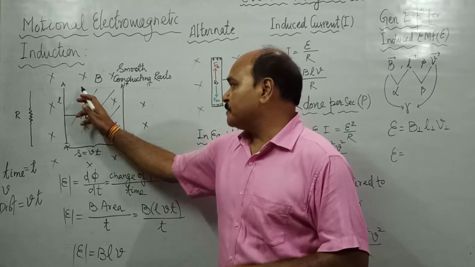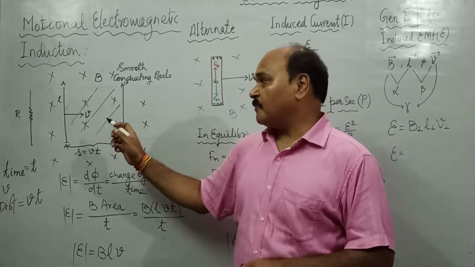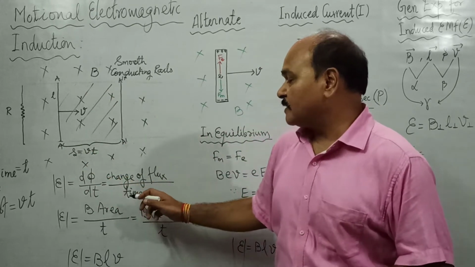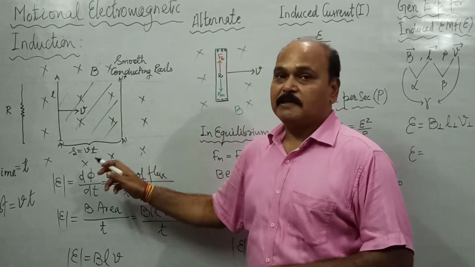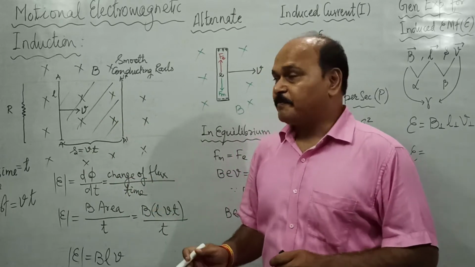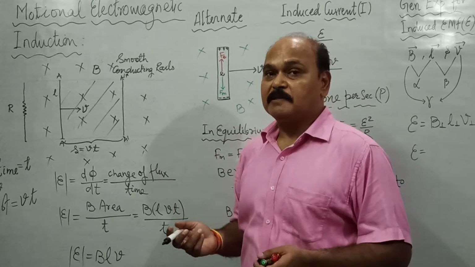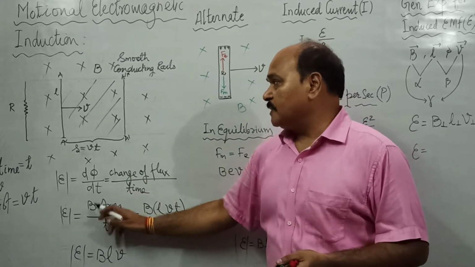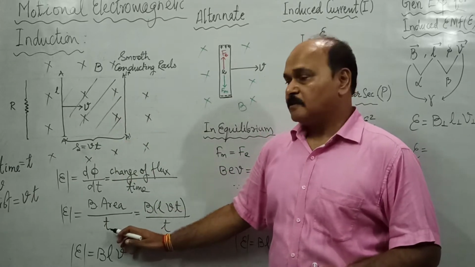Well, the area it sweeps is this much. So the flux in this shaded area is the change of flux passing through this conductor. What is the flux in this shaded area? It is going to be B, the magnetic field, into the value of this shaded area, BA. This is a transverse magnetic field. Therefore, the flux passing through this area would be maximum, BA cos 0. That is, the value of flux is BA, theta is 0. Well, so what is the change of flux? Change of flux is B into this shaded area, and the time in which that change of flux takes place is t.